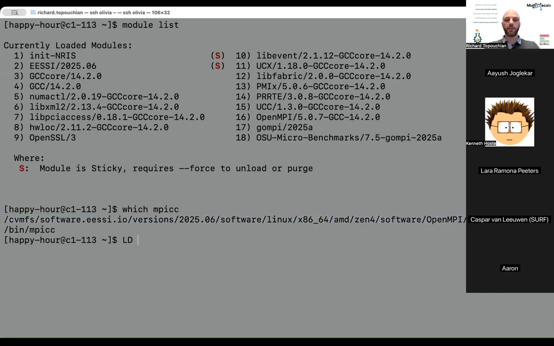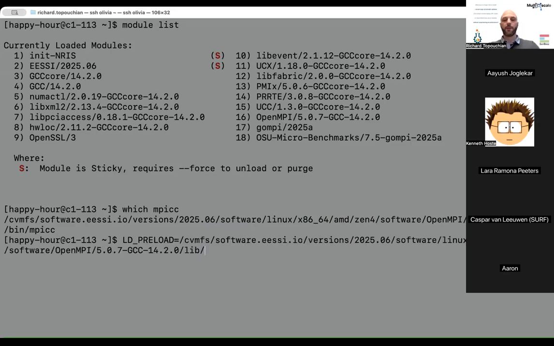So if I do LD_PRELOAD and libmpi.so.40, and then I will run mpirun -n 2 OSU bandwidth, for example, and let's see what